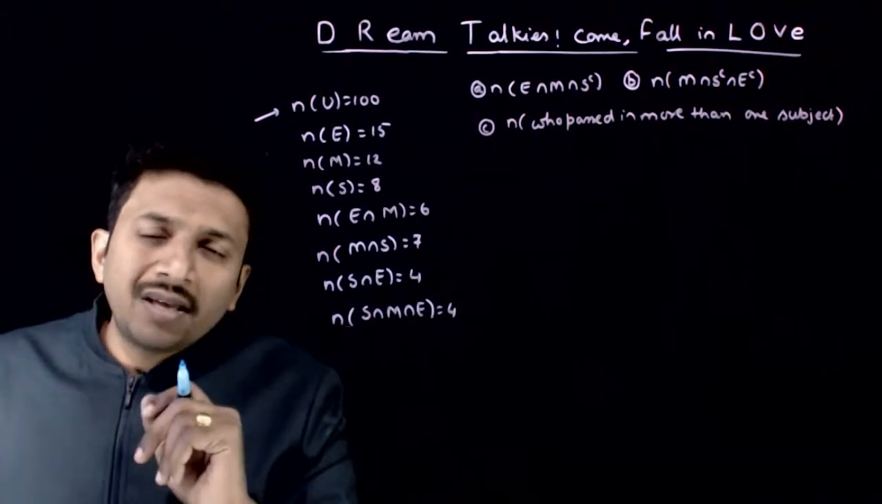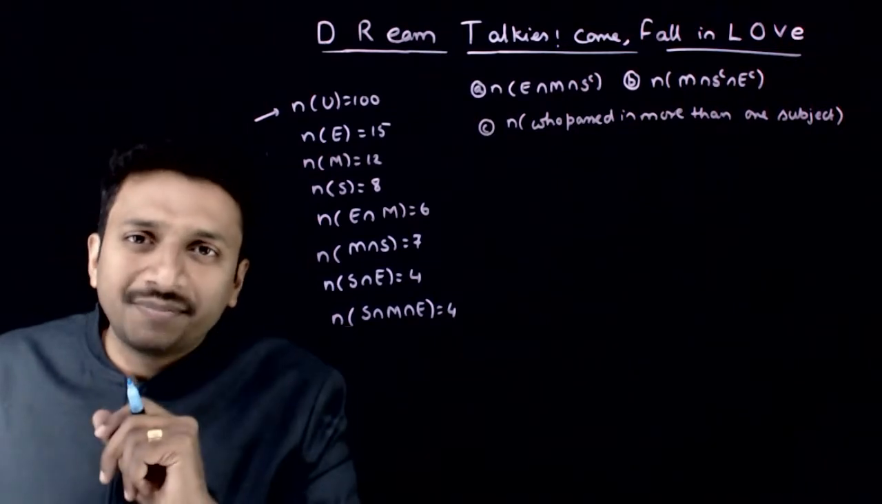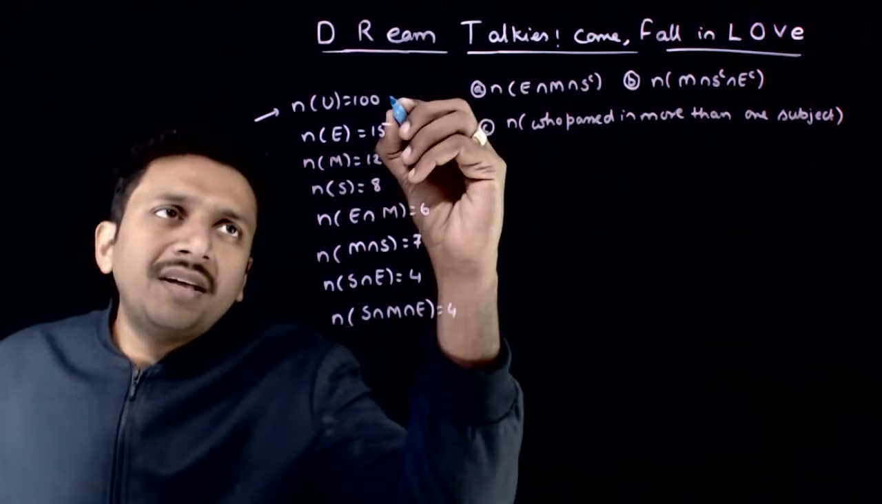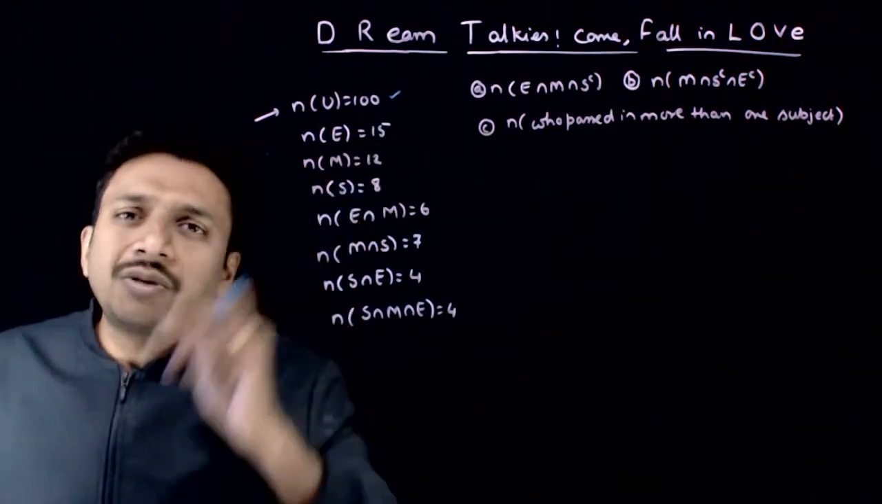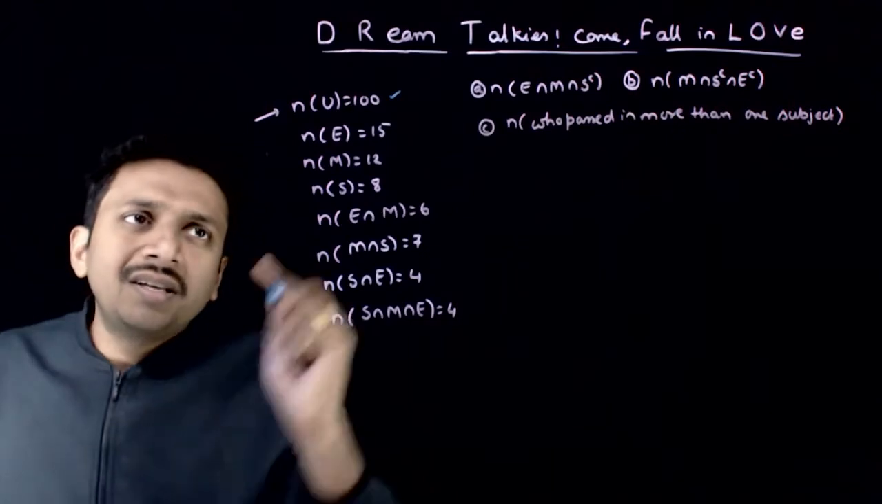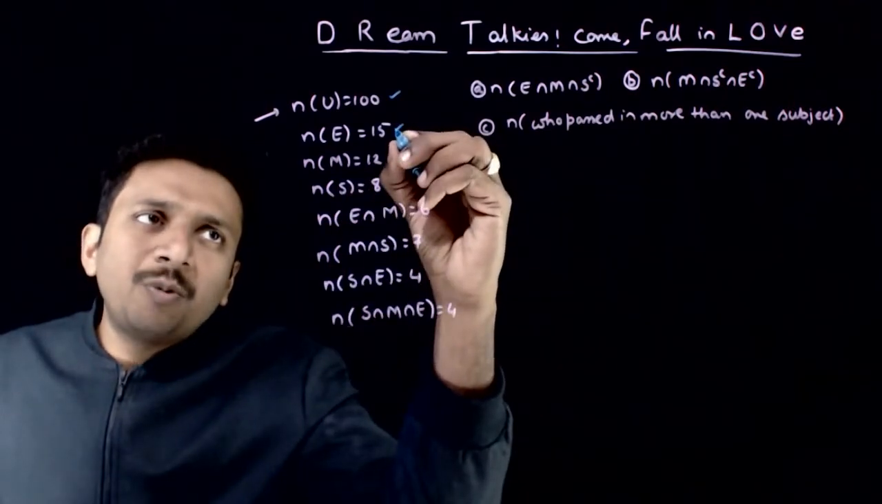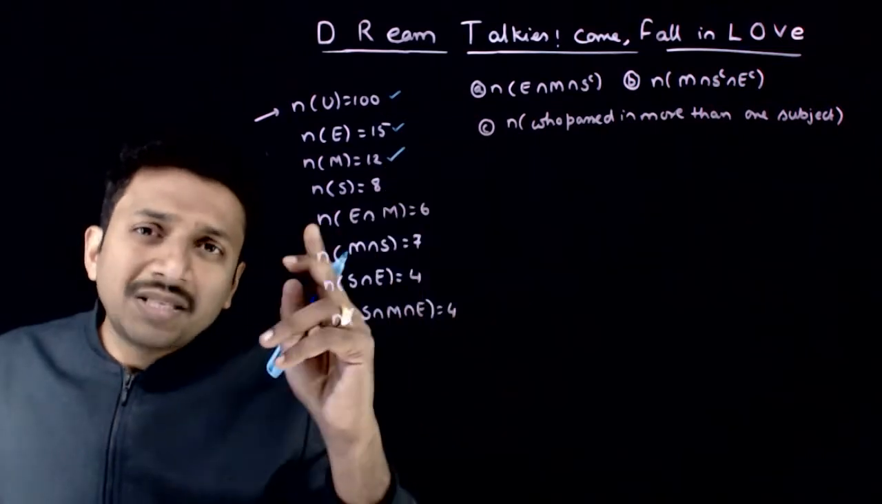So this is a very typical question in the topic of Venn diagrams. You're given that the number of elements in the universal set, that is, 100 students in a class, are considered. In them, the number of students who passed in English is 15, number of students who passed in maths is